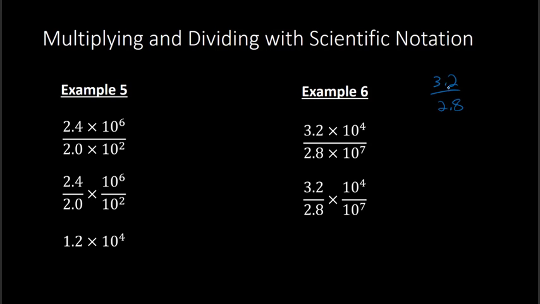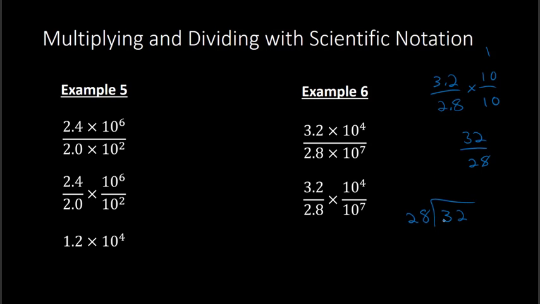I like to begin by moving the decimal over on the top and the bottom. And by the way, I can do that because what I'm doing is I'm multiplying the top and the bottom by 10. So multiplying by 10 over 10, which is multiplying by 1, which doesn't change my original number. It's just changing the way it looks. So the top is 32. The bottom becomes 28. So when I divide 32 by 28,